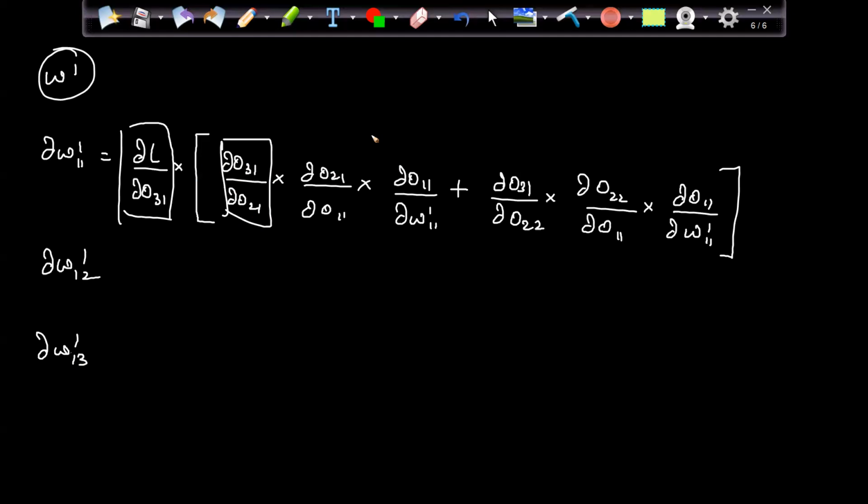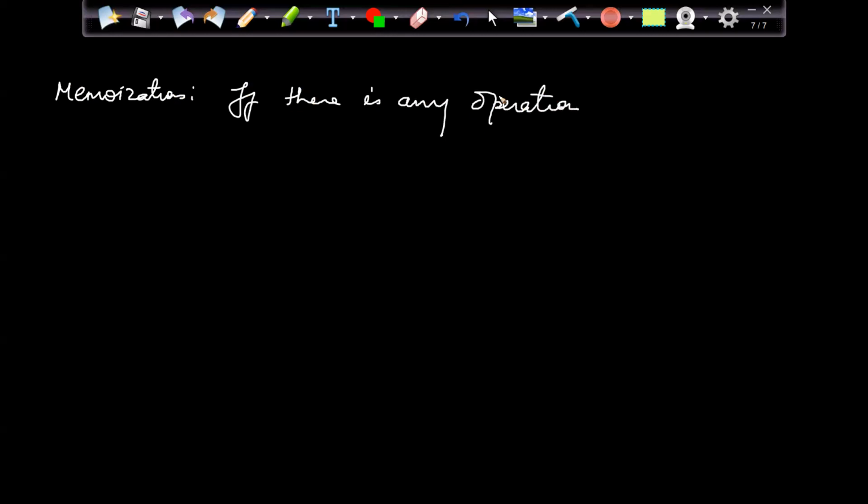Let's save it, right? Why spend time on the computation of the same thing again and again? It's not memory efficient. Basically, it's not time efficient, right? So basically, memoization is nothing but, if there is any operation that we are using multiple times,